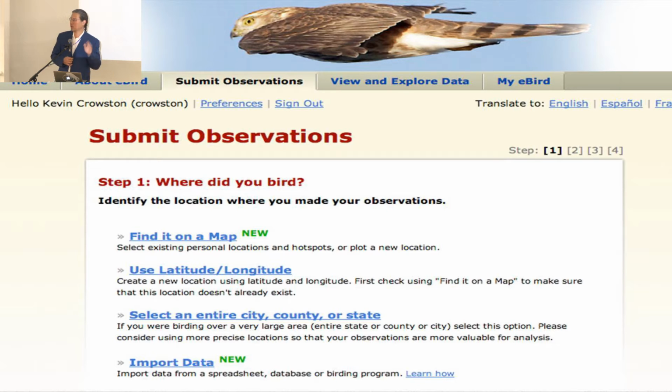Actually, is anyone here a bird watcher? A few people? And so you have your life list, all of the birds you've ever seen. In fact, many bird watchers even keep them for every time they go bird watching. They'll list which birds they saw. And so what eBird does is provide a system where, if you're a bird watcher, you can go in and list which birds you saw at a particular time and where you saw them.